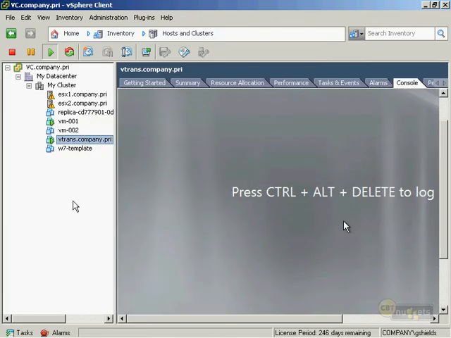So here we are, back on the other server, vc.company.pri. And as you can see here, we've got VM-001, that virtual desktop, that's up and running. I've powered off 002 so I can open up enough resources to support this Windows Server instance,